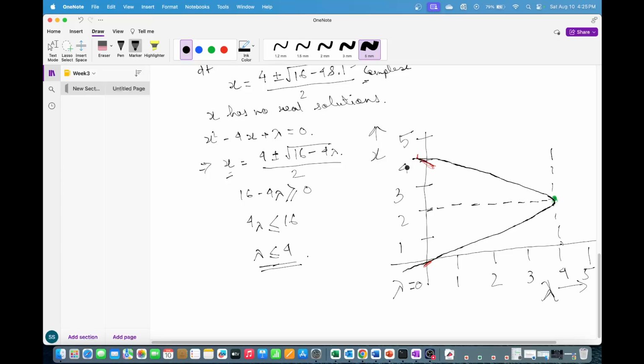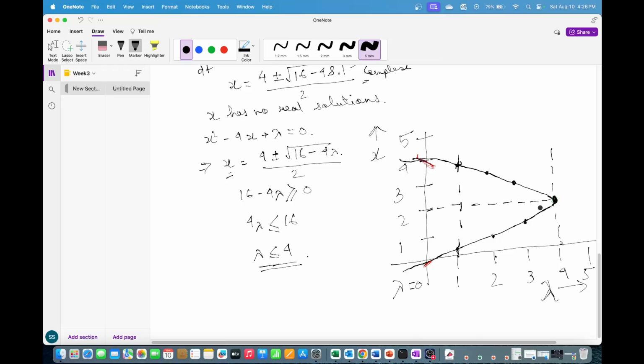This is how your bifurcation plot looks. If you start increasing from lambda equal to 0 till lambda equal to 4, at 4 you will have only one steady state. Around this steady state, if you check for lambda equal to 1, there are two steady states of x, here and here. For lambda equal to 2, same here and here. Lambda equal to 3 as well,